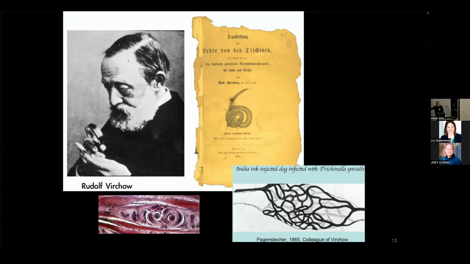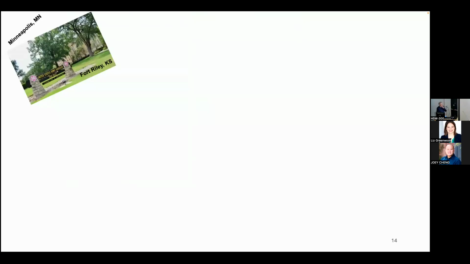They have to go out into the outer world, go through several molts, often in a different host, like a snail, meaning they have to keep you feeling fit enough to walk down to the river, take a poop, allow that excrement to get to a snail, and go through several molts before it gets back into an infected person, into a human being. So it's a remarkable biology, and that's some of what we'll share today.